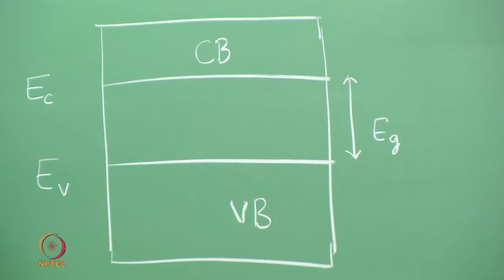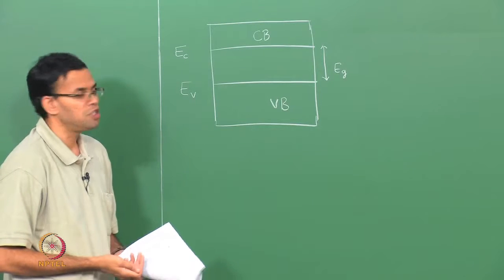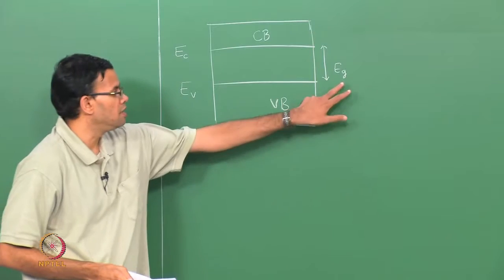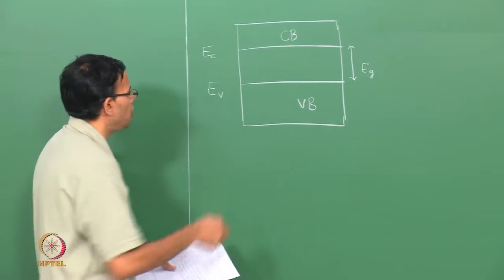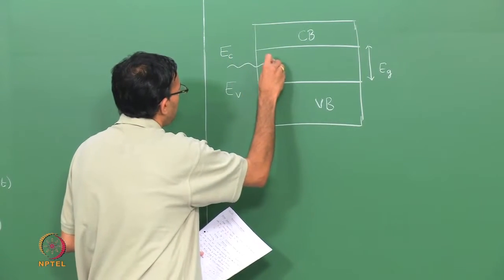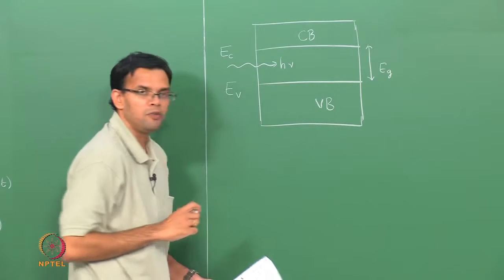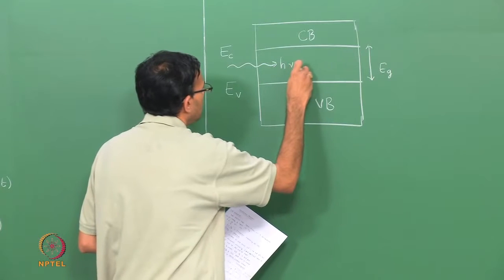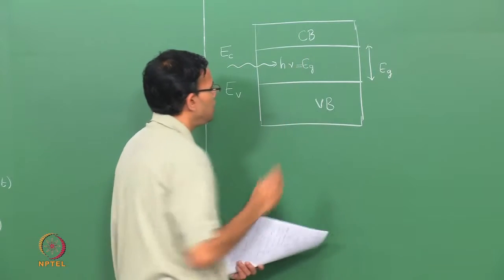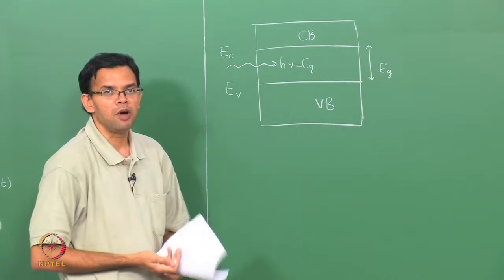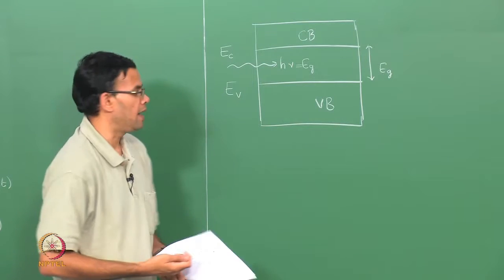Now, we have light that is incident on the semiconductor. If the energy of the light is less than EG, then it is not going to be absorbed. So, if I have light of energy h nu, where nu is the frequency, equal to Eg or slightly above Eg, very close to the band gap,